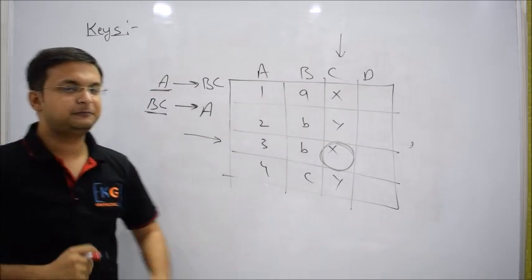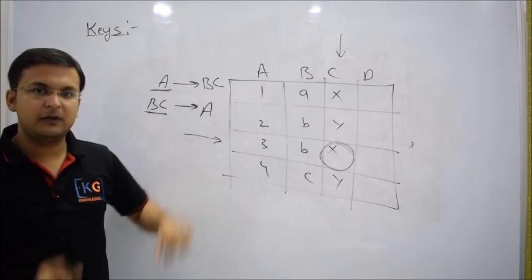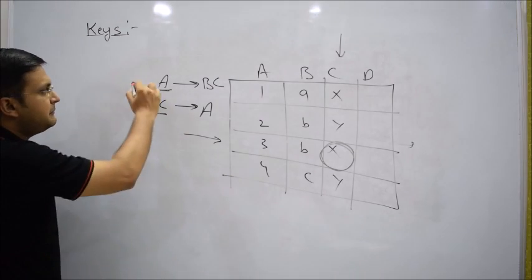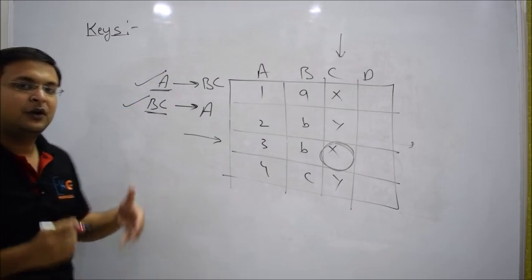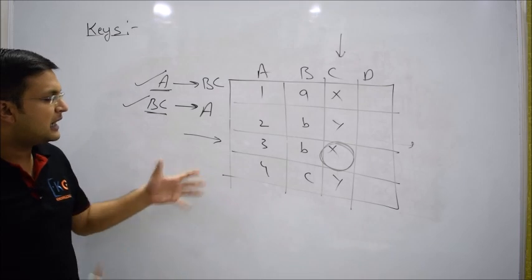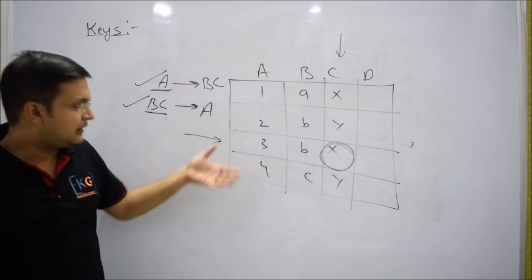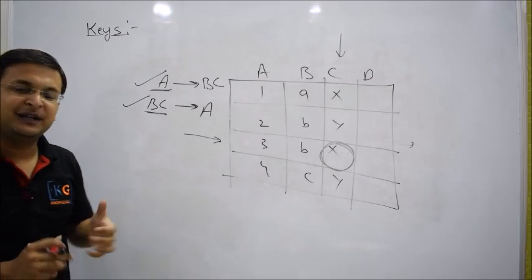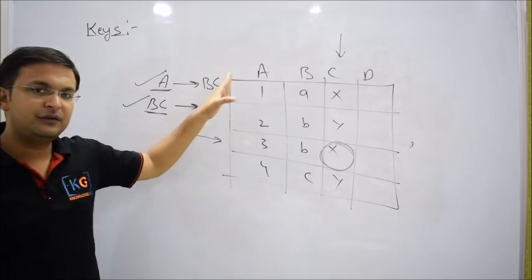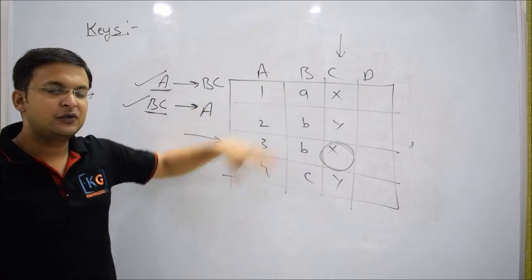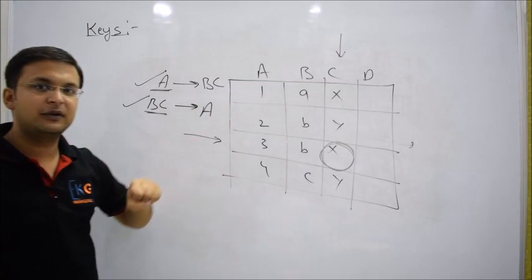Now what does it mean? I'll say a key is a set of attributes, which sometimes might be a single attribute or have more than one attribute, with the help of which I can identify any particular row in a table, or select any particular row in a table. And again, you understand why I'm doing so: columns have names, so no issue in that, but rows don't have a name. So I'll say certain properties, based on which you will select any particular row in a table.